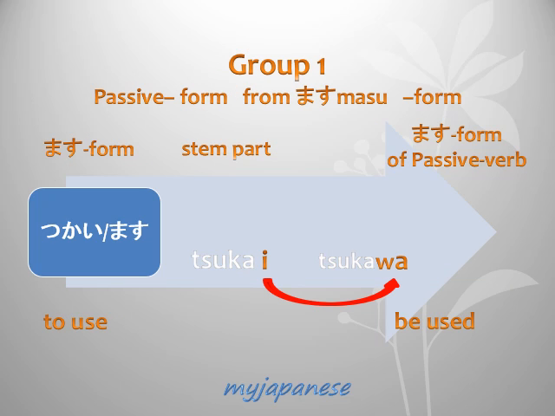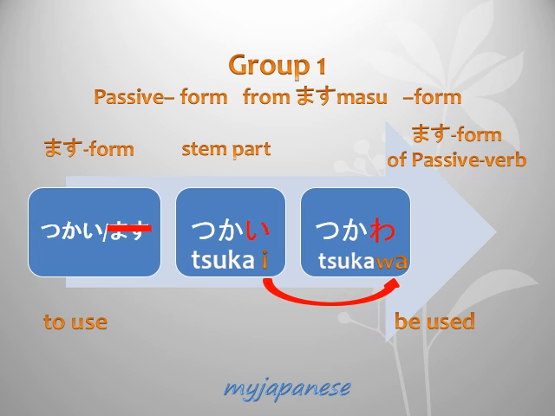Let me show you one exception here about making passive form from masu form in verb group 1. After omitting masu from masu form, when the stem part ends with i, change it to wa. We usually change the vowel from i to a sound. If so, it should be changed as tsuka-a. But to avoid the diphthong of a, we make it tsukawa and put れます